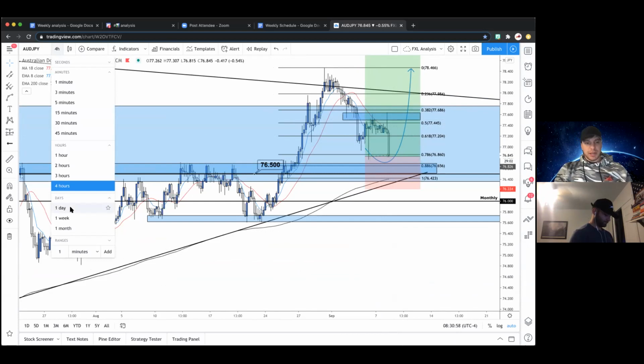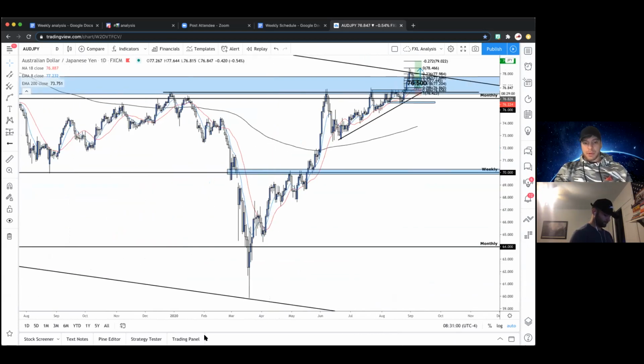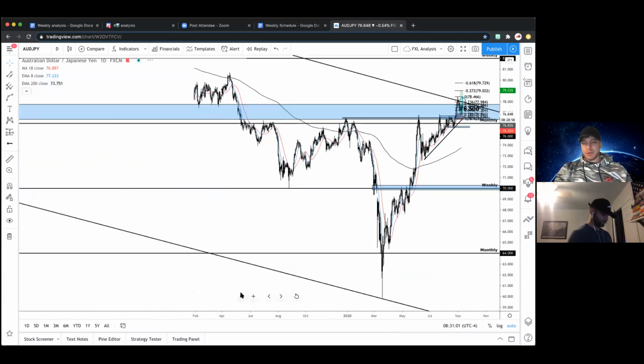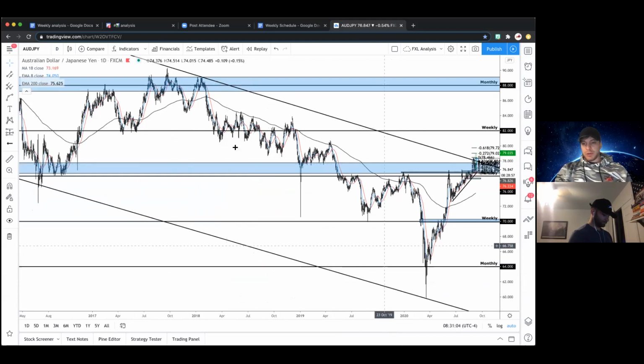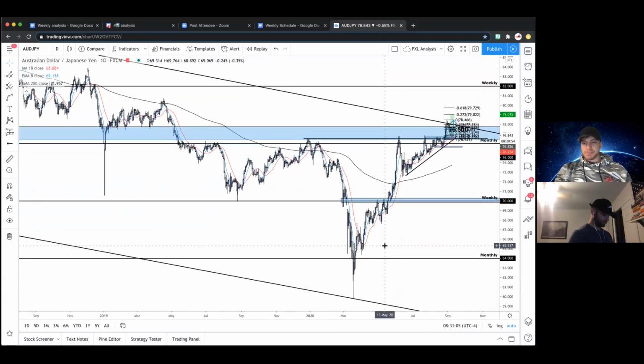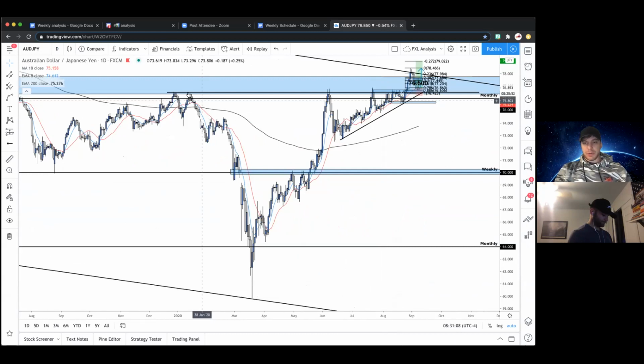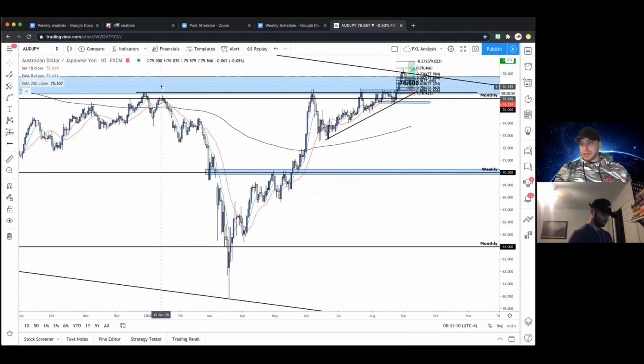Let's go straight to the daily. Okay, overall super bearish, large channel, very, very bearish. Last lower high was right here at this 76, pretty much 76.5. This zone up here, this monthly zone. Right, this is the last level of resistance. Our last lower high before this drop off. Price action came back up, shot right up to that monthly zone again, tested a whole bunch of times and